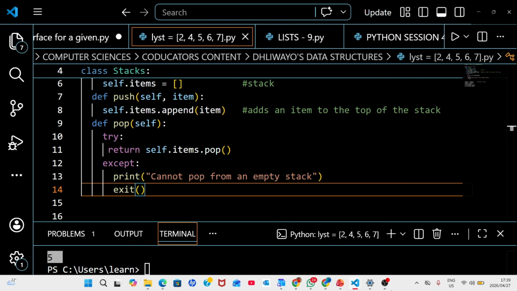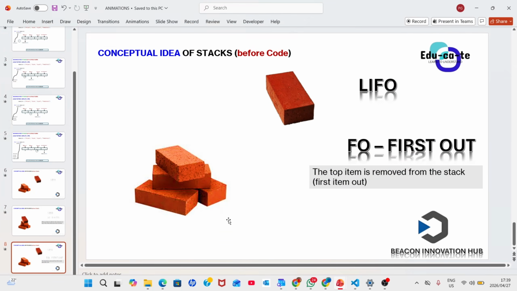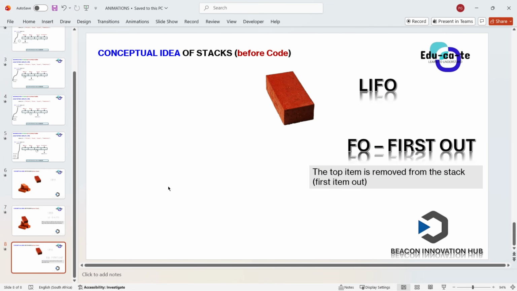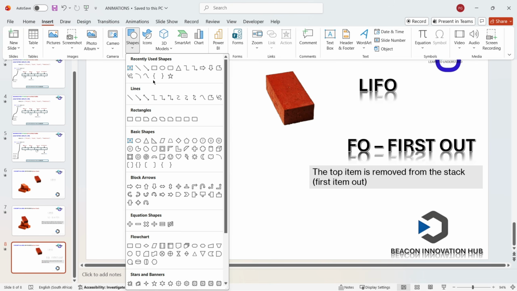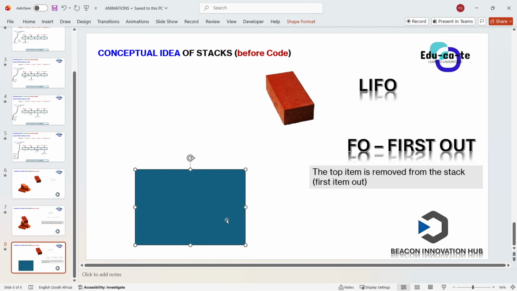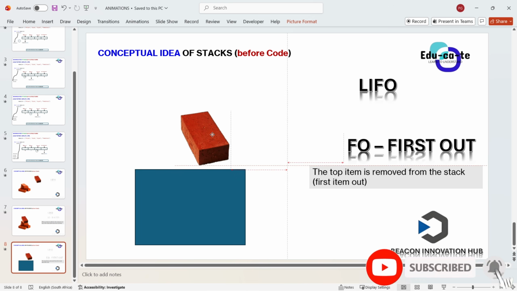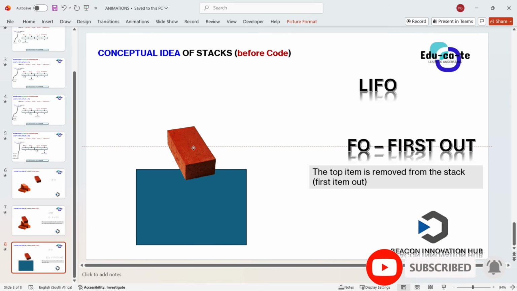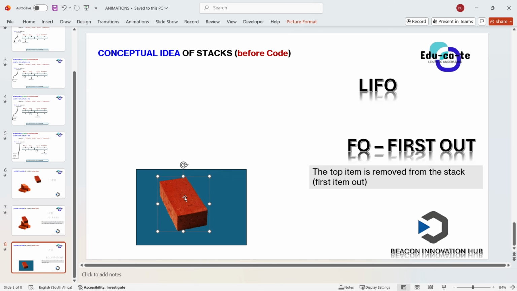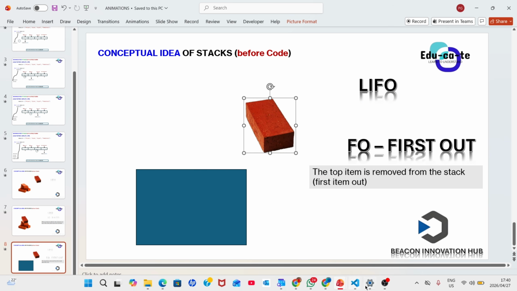Okay, so if I go back to my bricks example, let me say I don't have any bricks right now. This is where the bricks were, but I don't have any bricks anymore. It's just an empty space. So if I say remove a brick here, it's going to be an error. But if I push one brick on top, now you can say my stack has got something. So if I do the pop, it's not going to raise an error. It's going to be able to remove successfully. You get the sense, right?